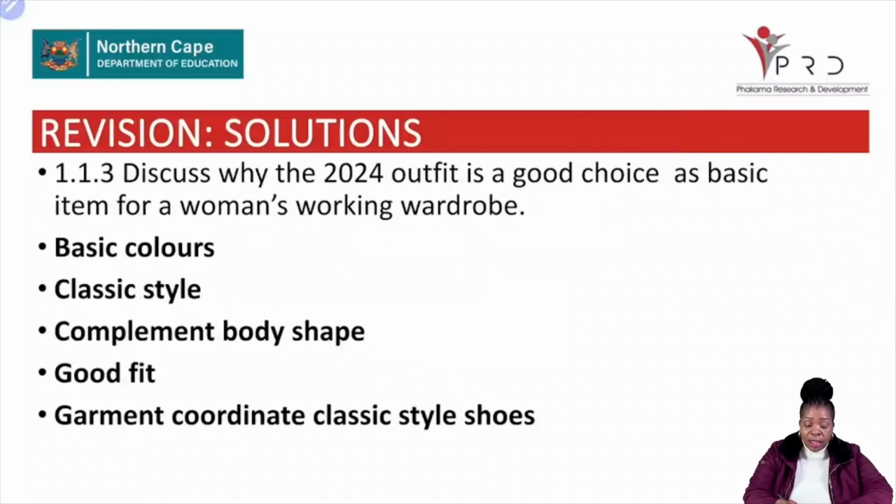The first one is its basic color, and it's a classic style. Classic meaning something that is timeless. Right? It complements the body shape, and it is a good fit, and the garment coordinates with classic style shoes,